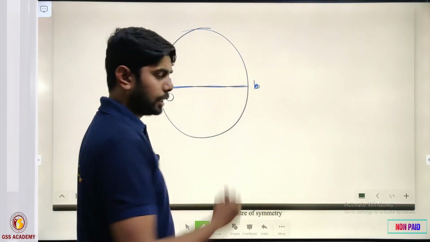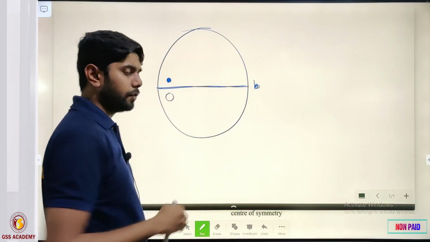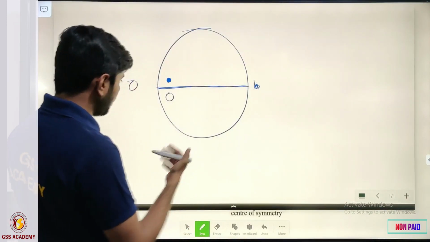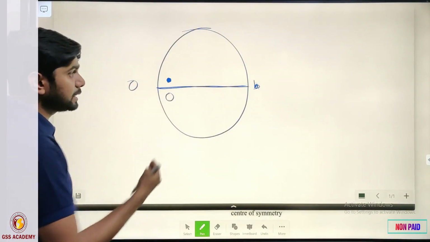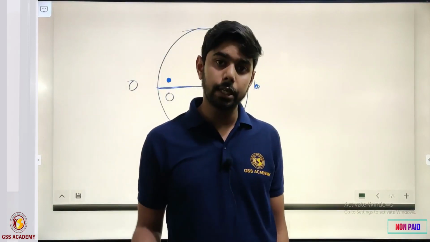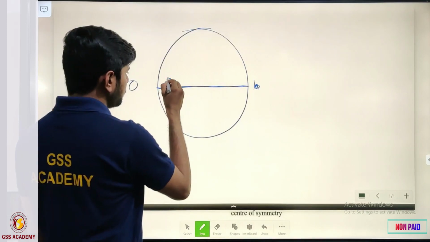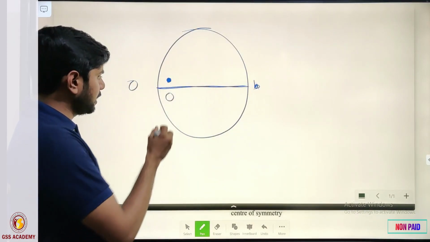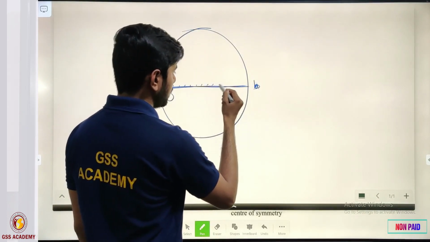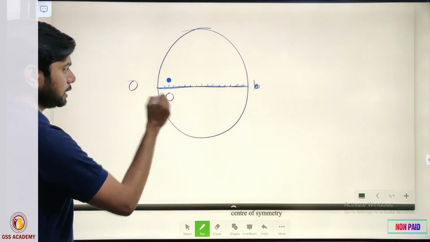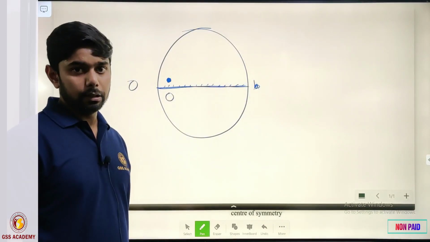If we are considering this line as a mirror plane, the reflection of this is a plane which is above the stereographic net, and this is the plane which is below, but this is the scenario for the c axis. Here we are considering the b axis. For the b axis, if we see a face here and the second face is here, and we want to consider this plane as a mirror plane, the reflection of this is not coming here, so it means that this plane is not considered a mirror plane.